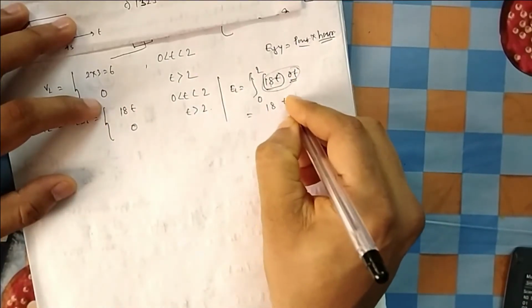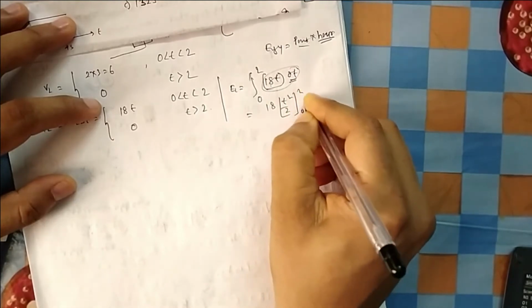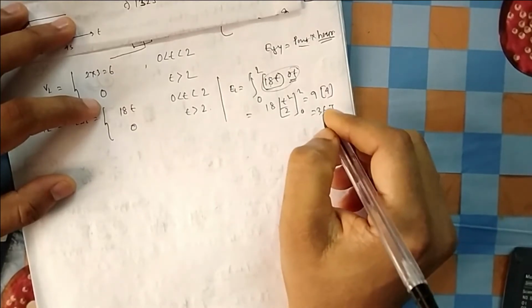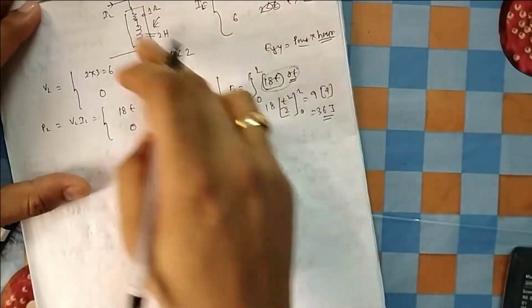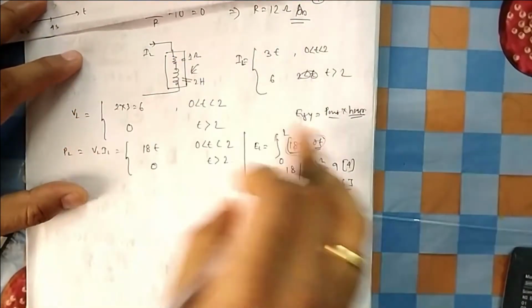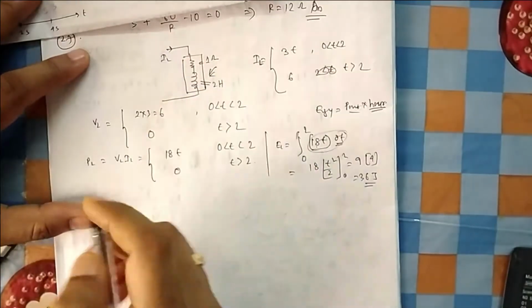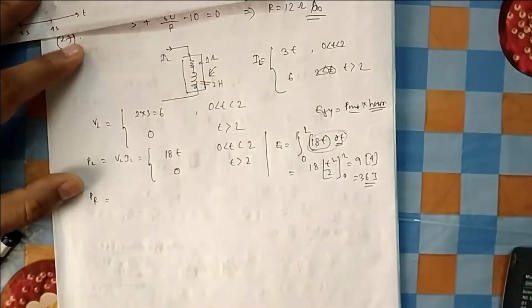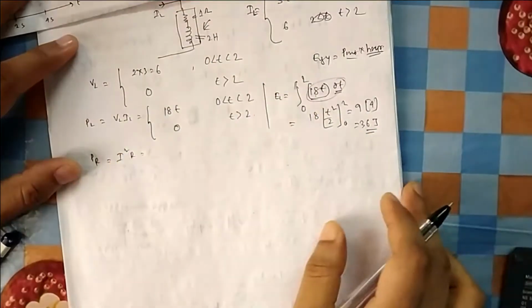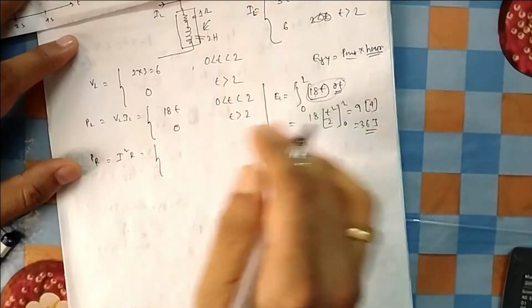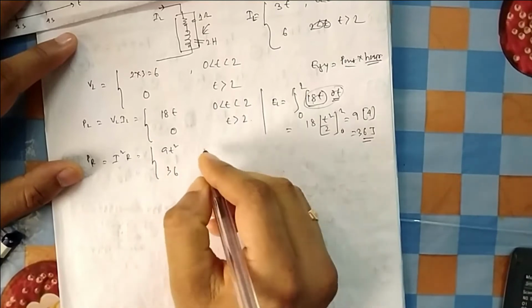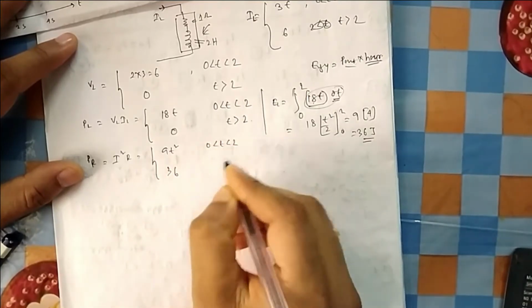So it is 18t square by 2, from 0 to 2. That is 9t square, 9 into 4, that is 36 joule. But 36 joule is not the energy of this whole coil, this inductor. This is the energy stored by only the ideal part. There is a resistance also, and it will also consume energy. What is the power of the resistance? That is I square R. I is the same I that flows through L and R. So I square R is 9t square into R, which is 1, and 36 for t greater than 2.